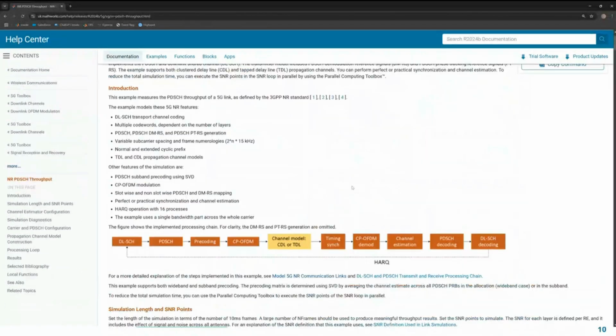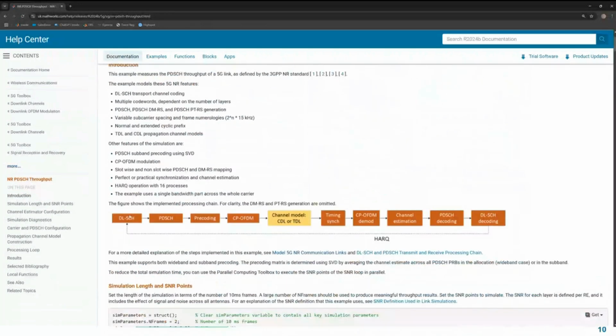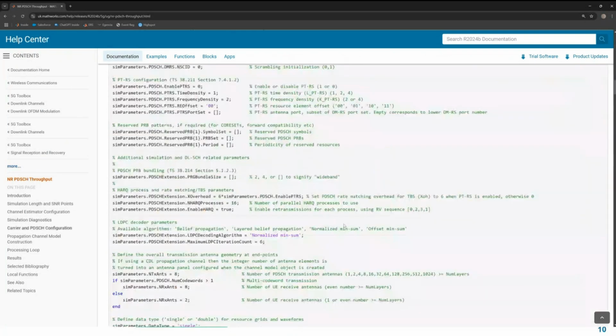It's a very detailed example. It has a lot in it, but essentially what happens is you encode a slot with user data. You apply pre-coding. You do OFDM modulation. It goes through the channel, which obviously makes impairment. Then you do synchronization, and then you undo all the steps. OFDM demodulation. You do channel estimation, equalization, and then you decode the user data and compare. And then that drives also a hybrid ARQ around it. So it's a lot of MATLAB code,